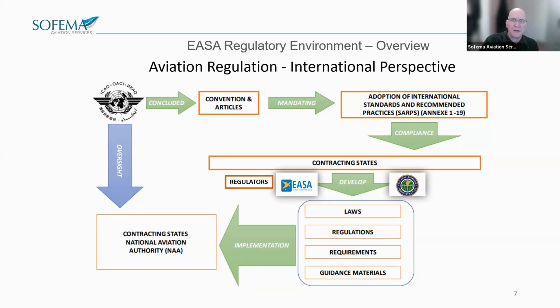The implementation of that is performed by the national aviation authorities in each country, and the oversight is from both ICAO and the national authorities. So this is how we achieve standardization of general aviation regulatory practices across the globe. It originates with ICAO and is passed down to the individual aviation authorities around the world to turn into laws through their individual systems.